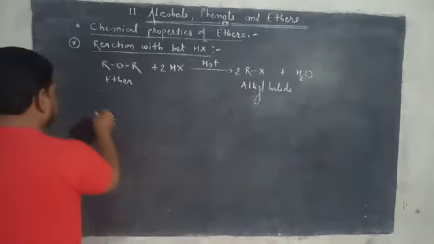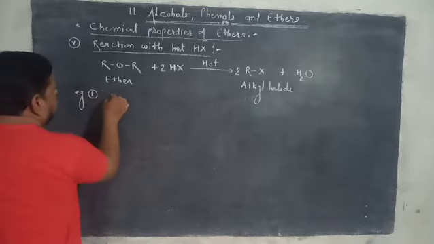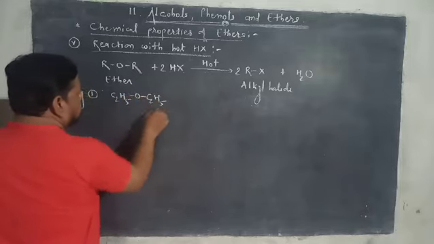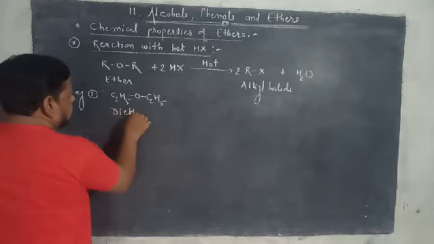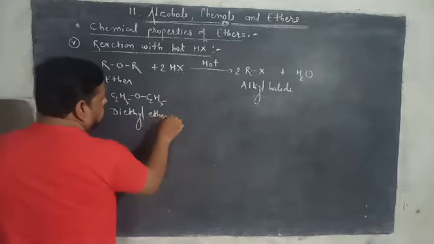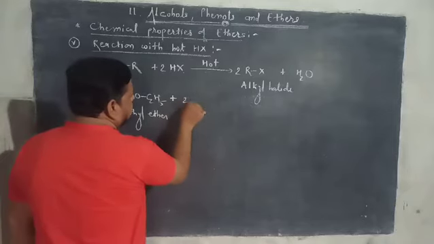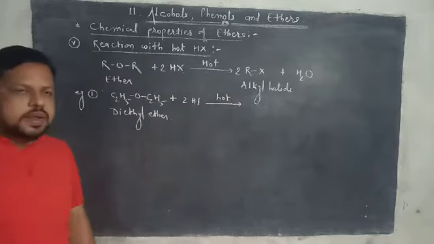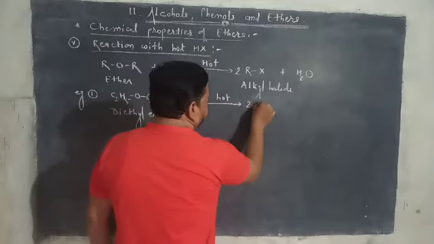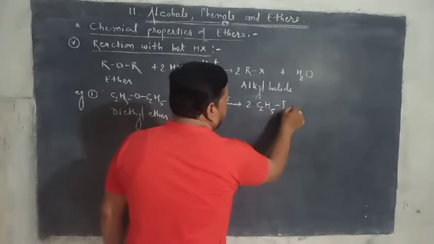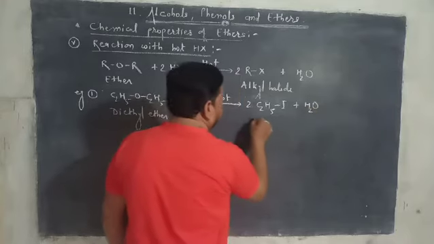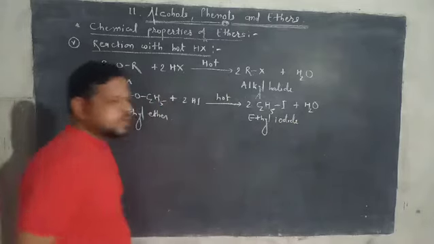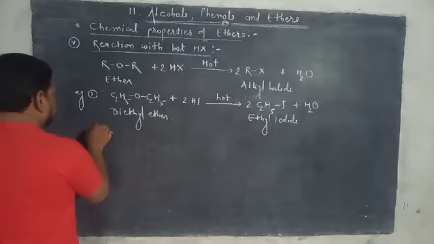For example, first example, a simple ether, C2H5O C2H5, diethyl ether, is heated with hot HI, then it gives ethyl iodide and water. Second example, a mixed ether,